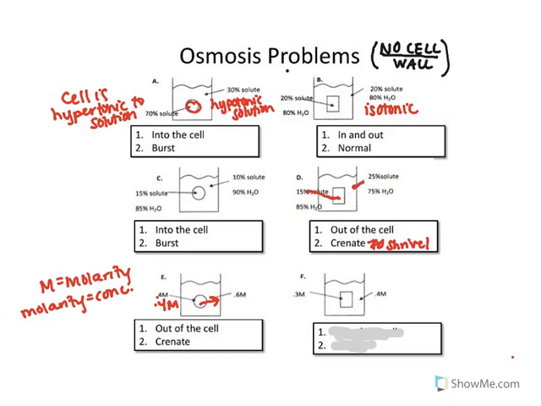So let's look at this last one. We have 0.3 on the inside, 0.4 on the outside. We're talking about concentrations. It's higher on the outside, so it's going to want to go